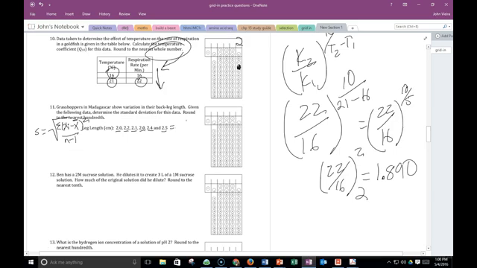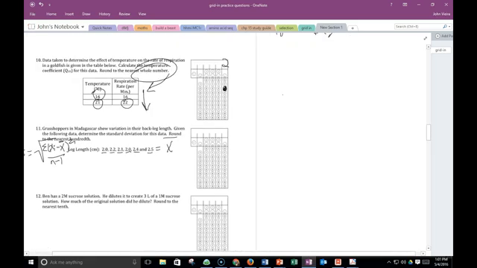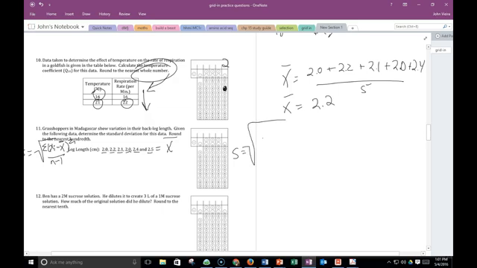First thing you guys got to do is calculate the mean of those 5. Okay? First you guys got to calculate the mean, which is 2.0 plus 2.2 plus 2.1 plus 2.0 plus 2.4, right? All divided by 1, 2, 3, 4, 5. Okay? So hopefully everybody should have gotten, what, 2.2? Okay. So now let's do the standard deviation, which is the square root of,